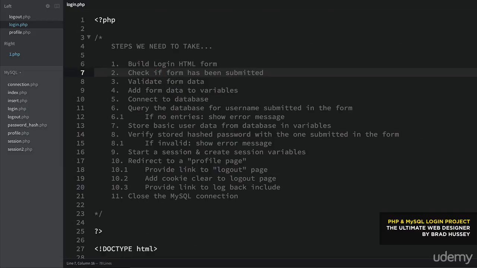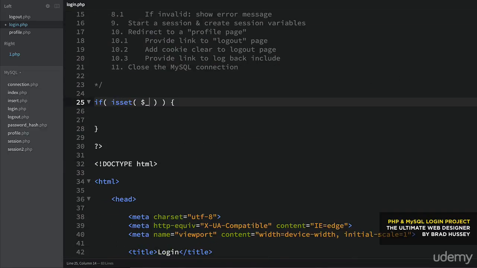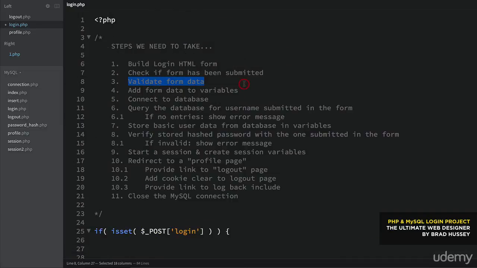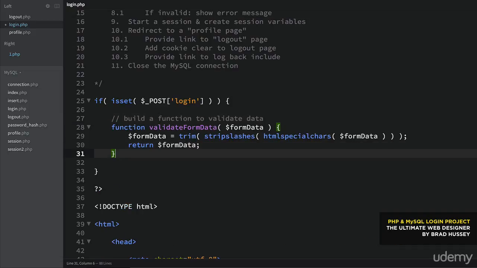Check if the form has been submitted. Well, we do that by building an if statement that checks if the form has been set. So if isset, check the post collection, and it's going to look for login. That's the button that we just added a moment ago. And now what we need to do is validate the form data. And we're just going to use that function that we built. We're just going to recode it here. Build a function to validate data. All right, now that we have that,